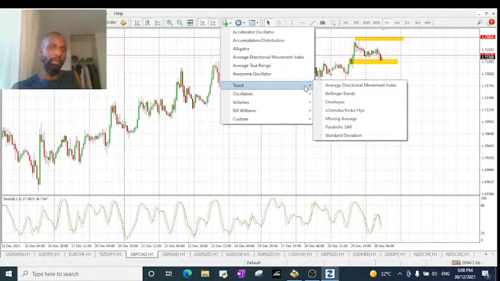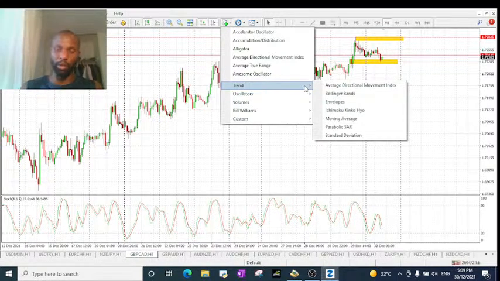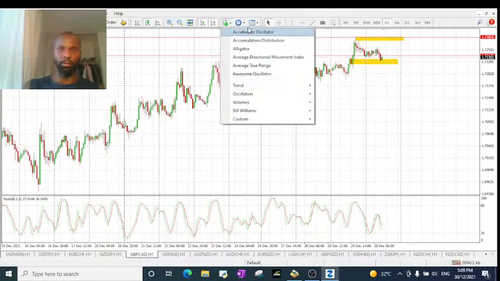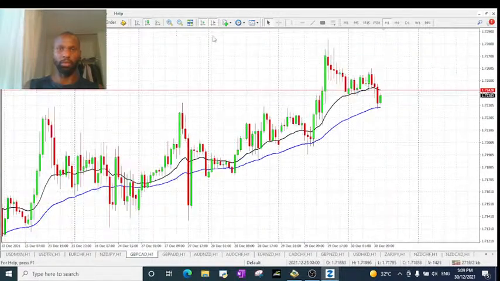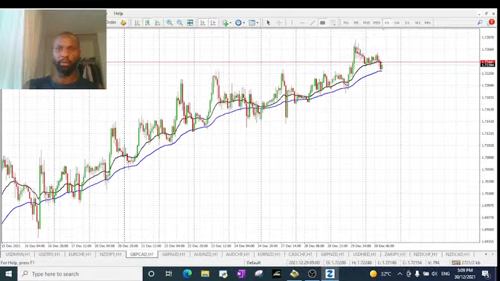Now I trade a couple of strategies. So the strategy that I used to enter this trade is more of a trend following strategy. I mean, it's still the same concept that I trade when I scalp, but on a much bigger time frame. This here. So we are literally still buying pullbacks in an uptrend. So with this,